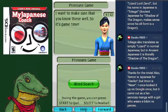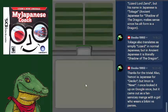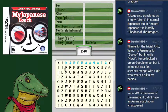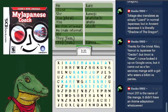I want to make sure that you know these well, so it's game time. Karera, 彼ら anata, あなた kanojo, 彼女 anata tachi, あなたたち kare, 彼 atashi, 私 watashi tachi, 私たち sorera, それら kanojo tachi, 彼女たち. What am I missing? Boku. 僕